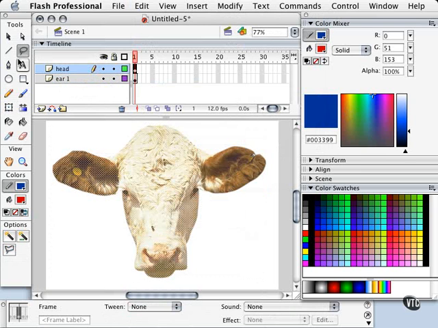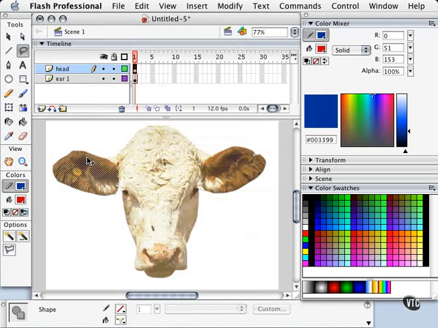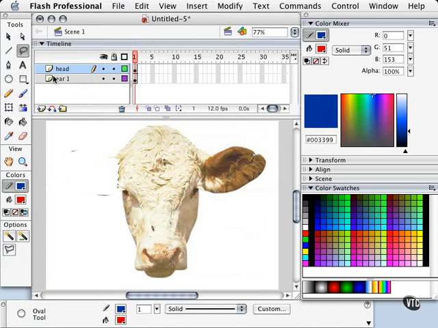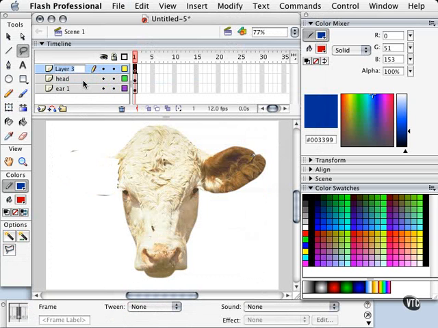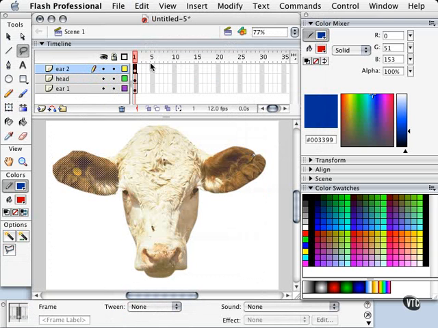Now I'm going to do the same thing with this ear. I'm going to grab this ear, just trace over it like we did with the first one here. And we're going to do the same thing and we're going to cut this ear. And then we're going to go to a new layer. And then once again select the frame here and we're going to paste in place. And we want to make sure that this ear is also behind the head and we're going to group it